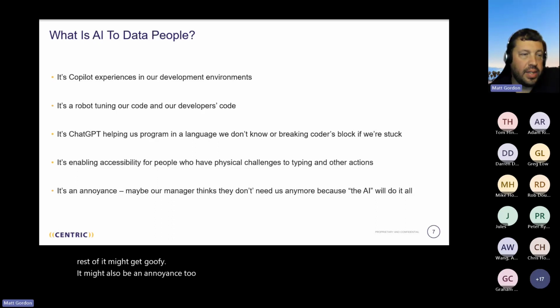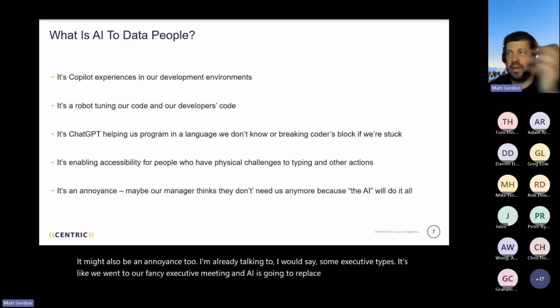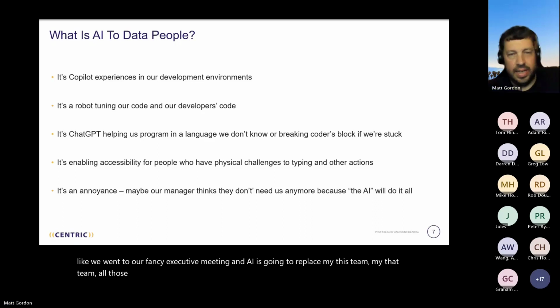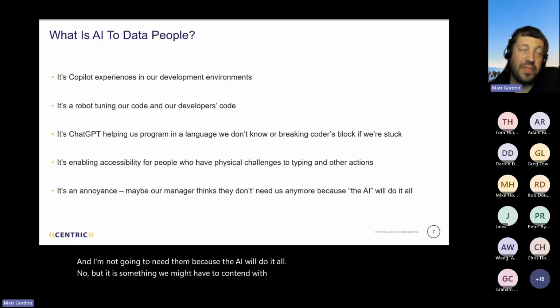I'm already talking to, I would say, some executive types. It's like, well, we went to our fancy executive meeting and AI is going to replace this team, that team, all those things. And I'm not going to need them because the AI will do it all. No. But it is something we might have to contend with, because a lot of times, and I've found this